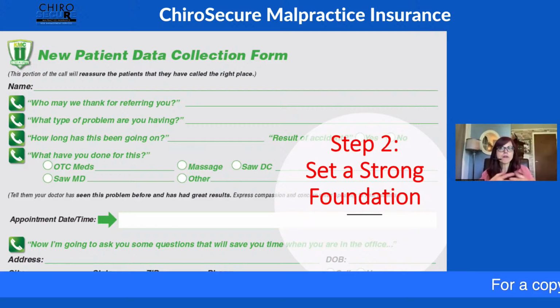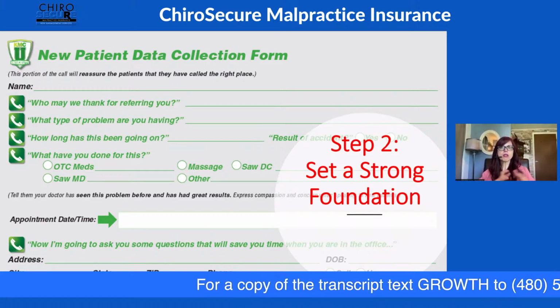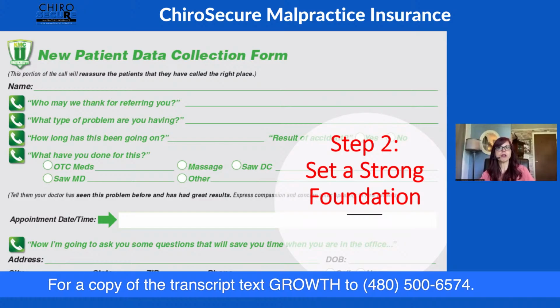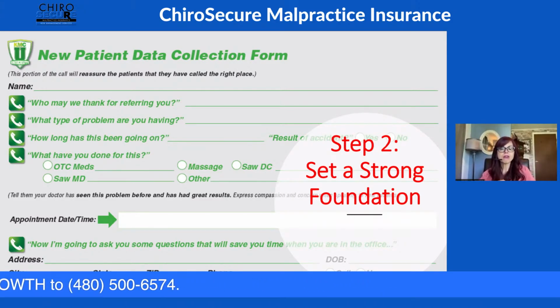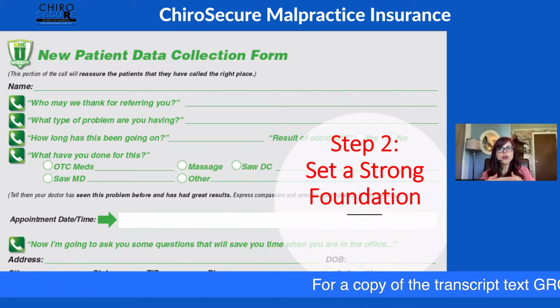One, who can we thank for referring you? Great. What type of problem are you having? Now, do you think this was for your front desk staff to sit there and figure out, okay, this is what we're dealing with. Okay, they've got sciatica, it sounds like. No, this can be something that the doctor could look at ahead of time and have just a good idea of